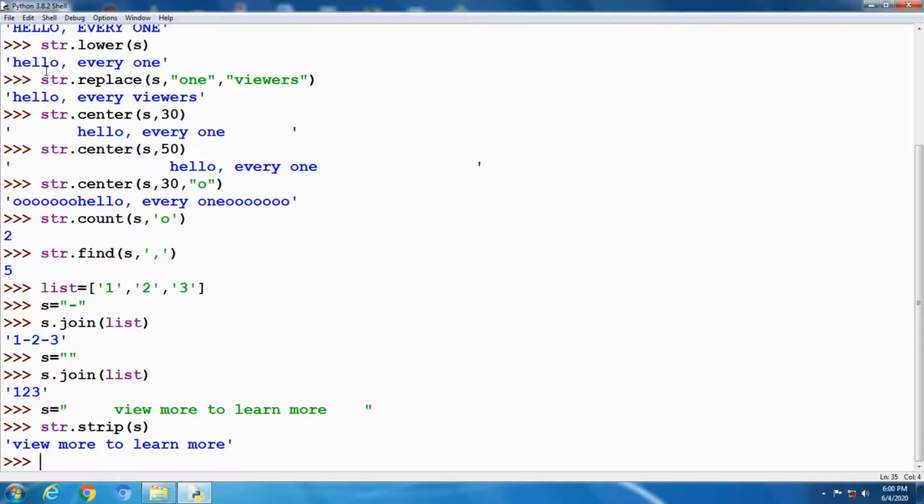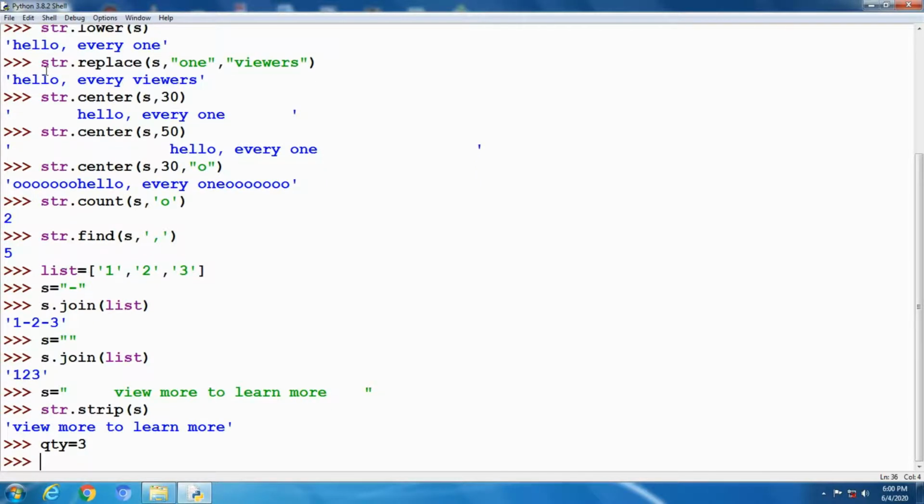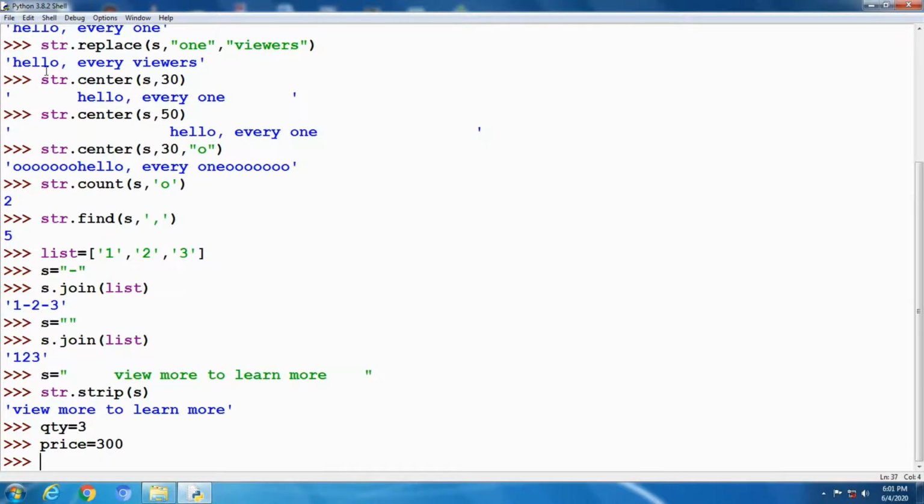Next string method is format. The format method takes an unlimited number of arguments and they are placed into the respective placeholders. See the example: quantity 3, price 300, my order.